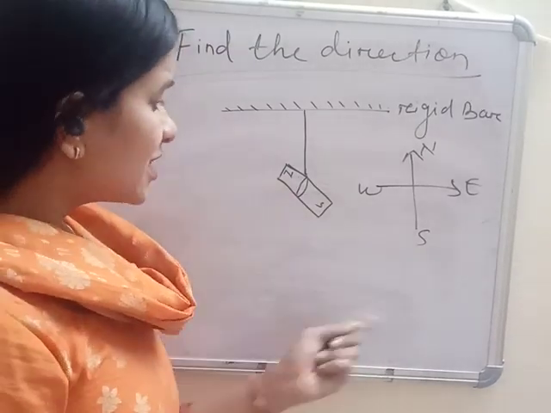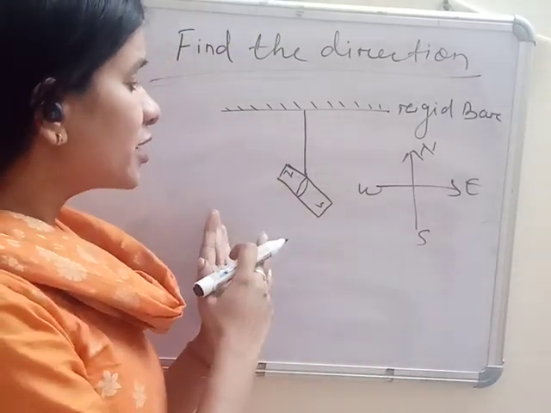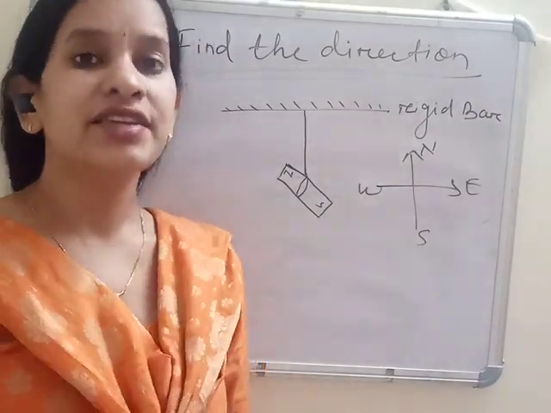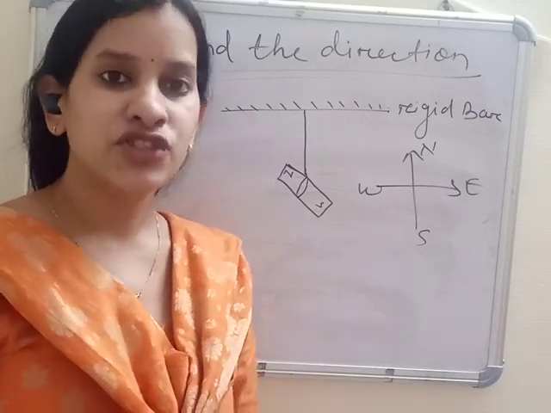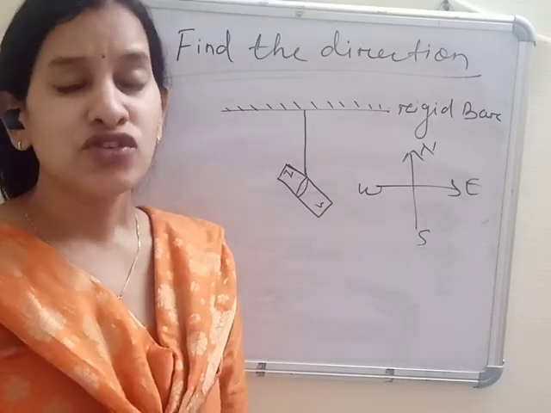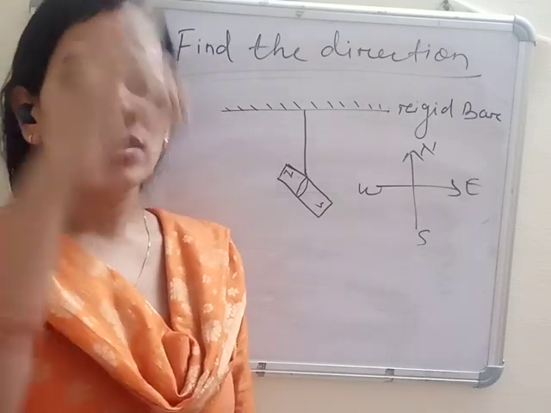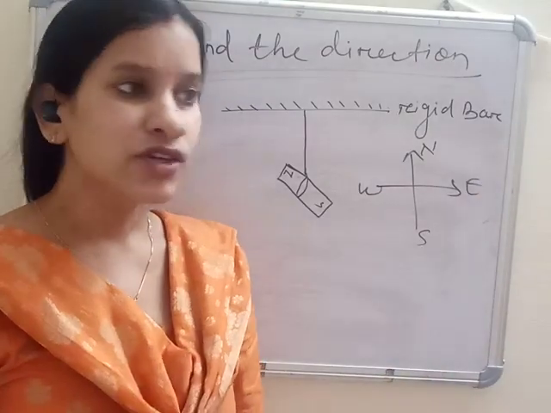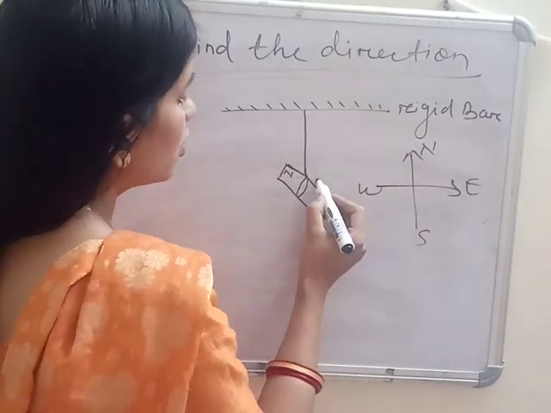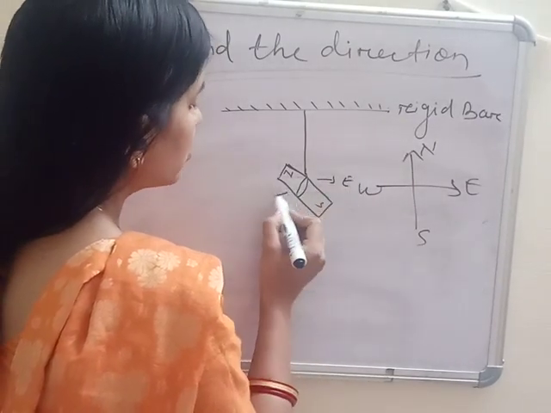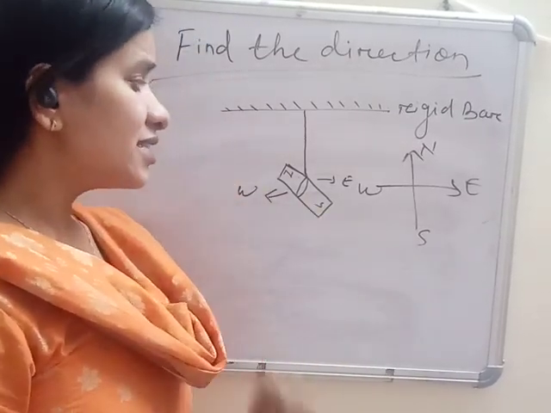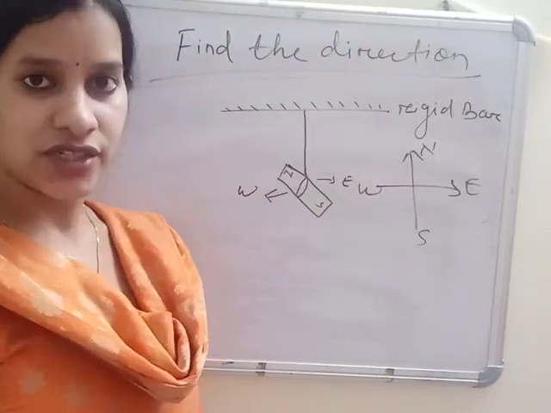And this property of always pointing towards the north and south helped the navigators and ancient people to find the direction. Nowadays we have lots of technology to find the direction, but at that time maps were not available that much. So they used the magnet which points towards the north and south pole. They could easily find north, south, east, west, because to the right of the north is your east and the left is your west. So this is how the magnet is helpful for finding the direction.